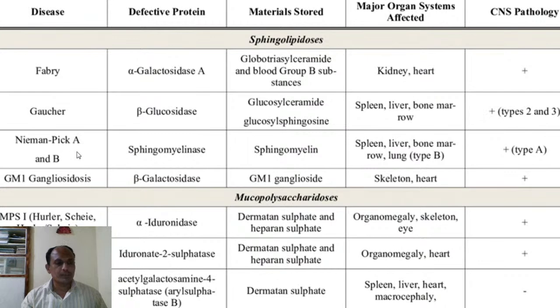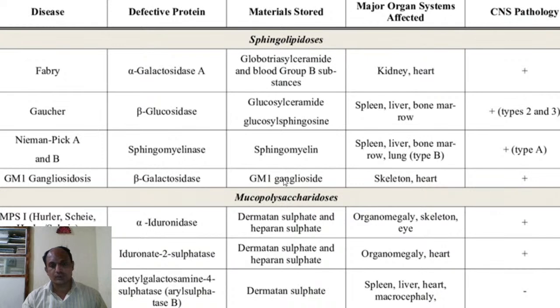Then Niemann-Pick A and B disease. The deficient enzyme here is called sphingomyelinase, and the material which gets accumulated because of deficiency of this enzyme is sphingomyelin, and the organs affected include the spleen, liver, bone marrow and lung, and that is in type B. And here damage to the central nervous system takes place in case of type A Niemann-Pick disease. Then later on, GM1 gangliosidosis, and the deficient enzyme here is beta galactosidase,